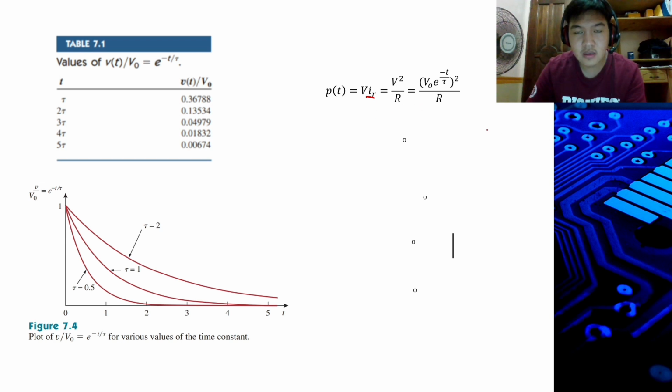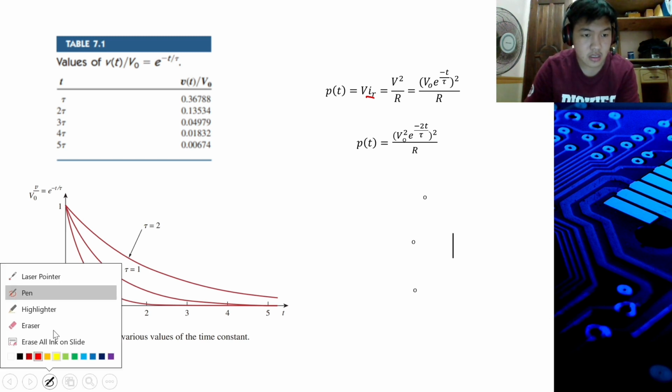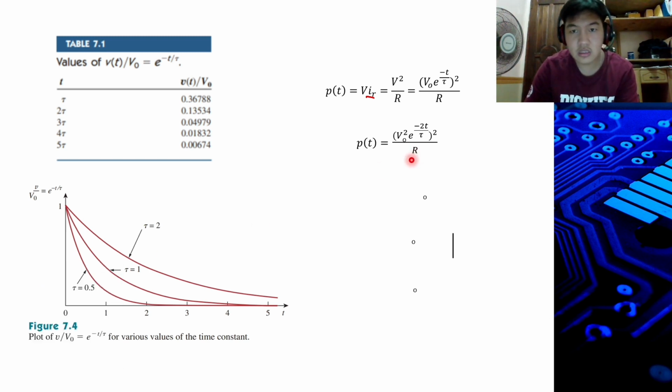So simply V squared over R, where V is our step response, or voltage response, which is V naught e raised to negative t over tau, squared over R, or simply P of t is equal to V naught squared e raised to negative t over tau,